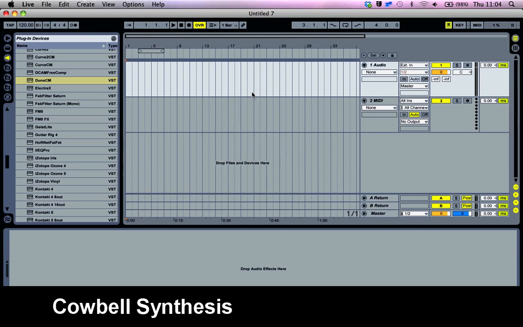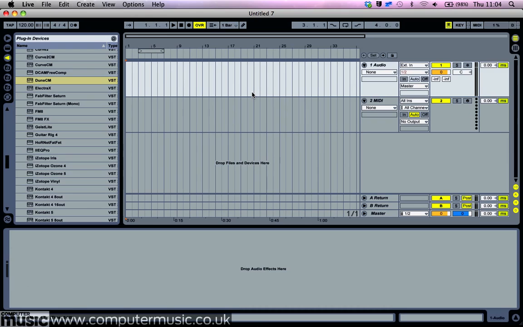Let's synthesize a cowbell. To get a semi-convincing cowbell sound out of GCM, we're going to have to cheat a little bit and use the spectral waveform shapes. Start by loading the synth into your DAW and click the Bank B button to get